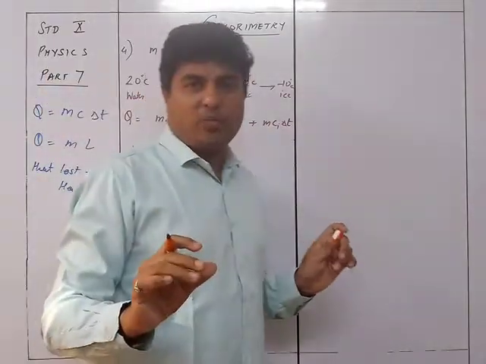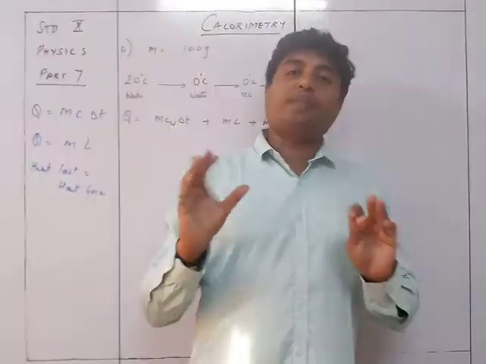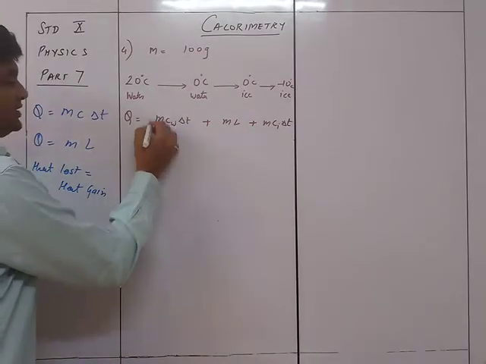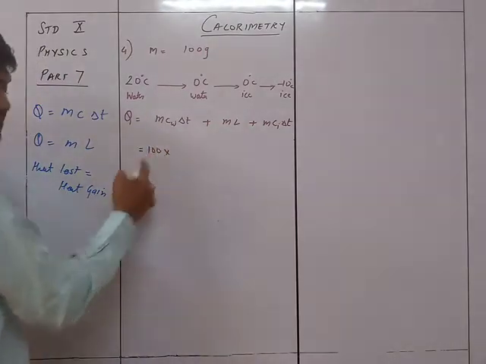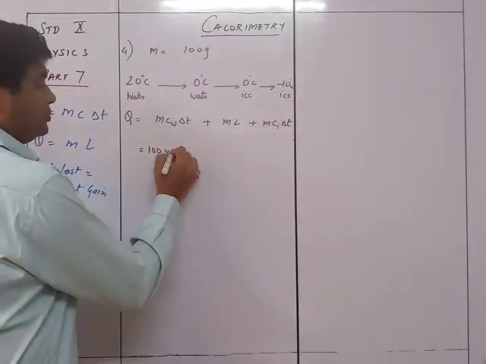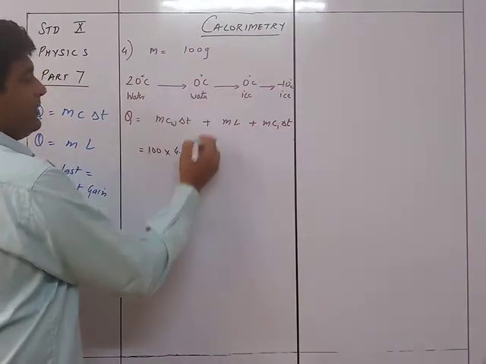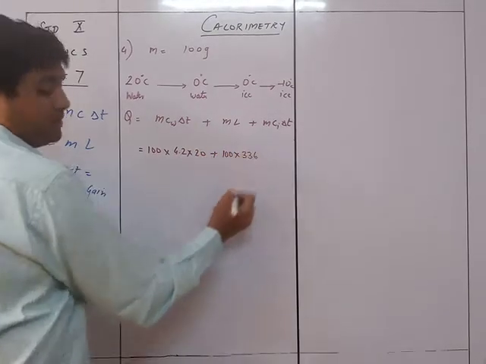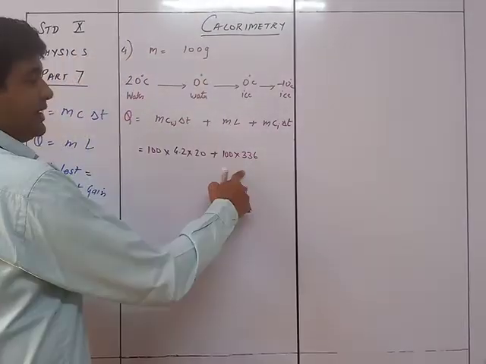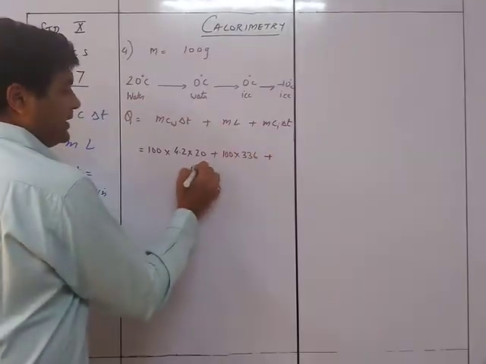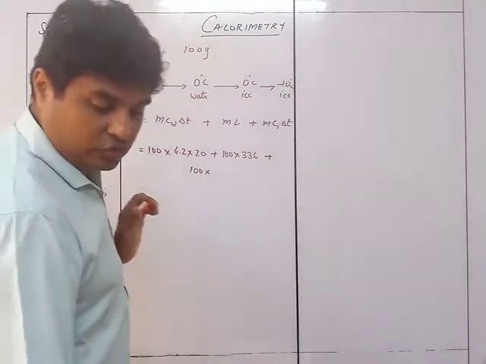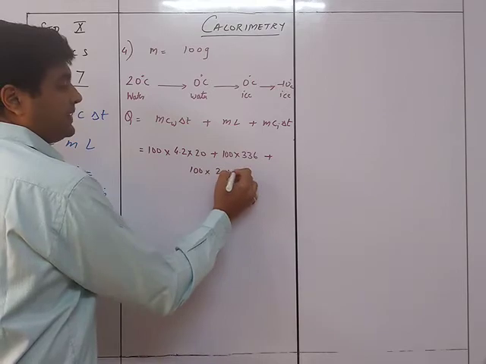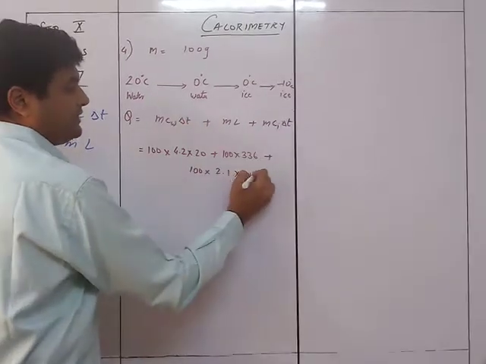That is the first thing what we want. We want to find out the heat energy required. उसके बाद power का देखेंगे, right? तो पहले heat energy required देखेंगे. So we know that this one is 100 into the C of the water, which is given as 4.2. So this is 4.2 into the temperature change 20, plus 100 into 336 is the latent heat of this one, plus 100 into the C given as 2.1. So ice का specific capacity is 2.1 and the delta T is 10 degrees Celsius.